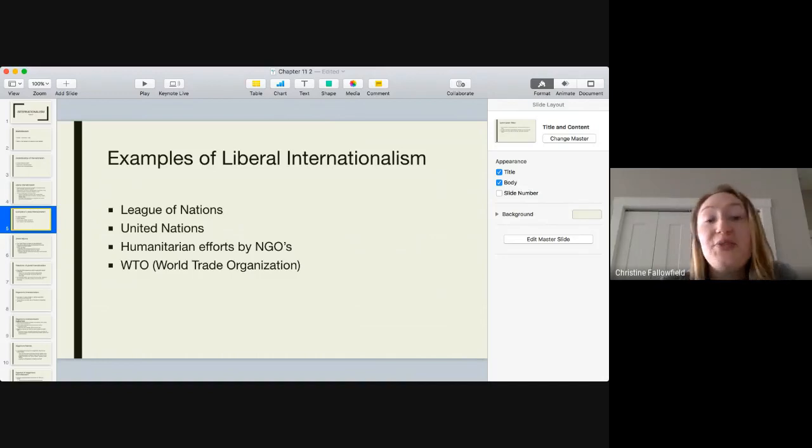There are a few examples of liberal internationalism that exist in our world or formerly existed in our world. We know that the League of Nations, though it unfortunately failed, was a first step towards liberal internationalism. And hopefully we all remember that Woodrow Wilson really felt that this was the key to global peace and prosperity long term. And while the League of Nations ultimately failed,